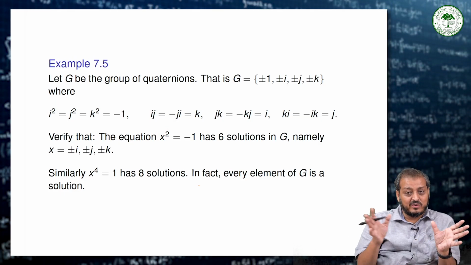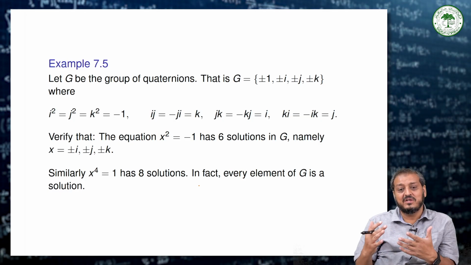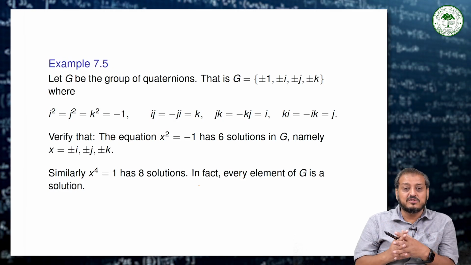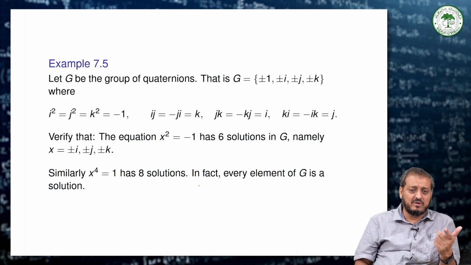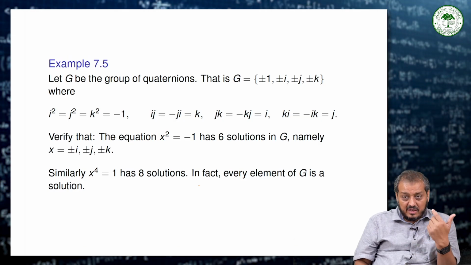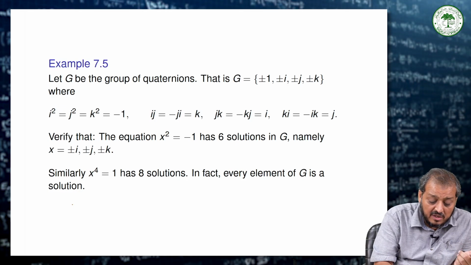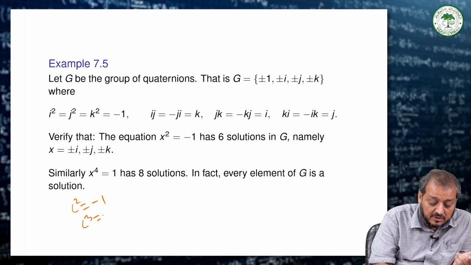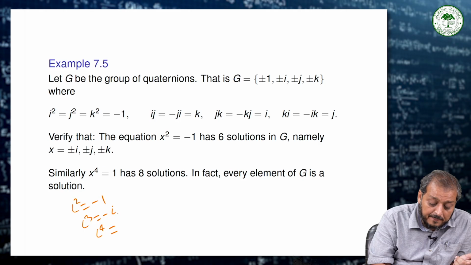We have a total of 8 elements: plus minus 1, plus minus i, plus minus j, plus minus k. These are all the possible solutions. So this means x to the power 4 is equal to 1 to the power 4, which is the identity. I squared is equal to -1, I to the power 3 is equal to -i, and